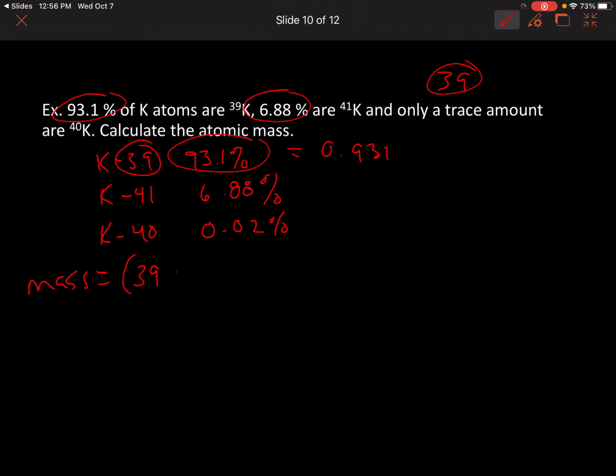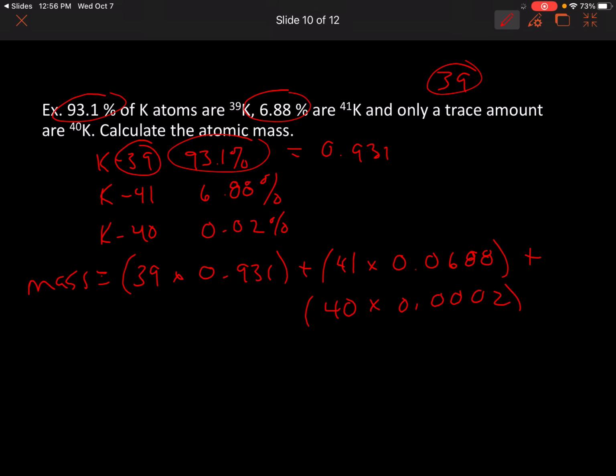So 39 times 0.931 plus 41 multiplied by 0.0688 plus, and then I have 40 multiplied by 0.0002. And you can use your brackets, some calculators don't do BEDMAS very well, so you can use your brackets for that on your calculator, but you just do the math on this, and you end up with